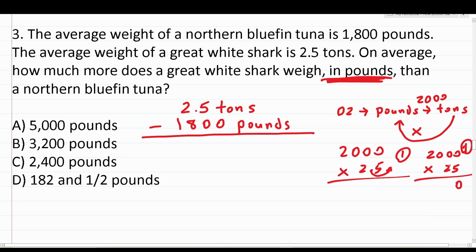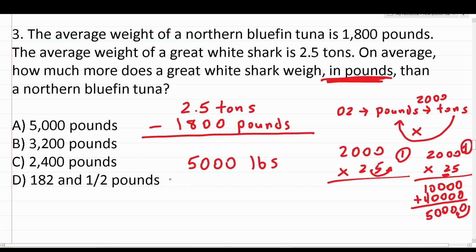5 times 0 is 0, 5 times 0 is 0, 5 times 0 is 0, 5 times 2 is 10. Before we start multiplication with this 2, we have to bring in a 0 placeholder. 2 times 0 is 0, 2 times 0 is 0, 2 times 0 is 0, 2 times 2 is 4. All right, let's add these together now. 0 plus 0 is 0, 0 plus 0 is 0, 0 plus 0 is 0, 0 plus 0 is 0, 4 plus 1 is 5. Bring in our one decimal. So this 2.5 tons is 5,000